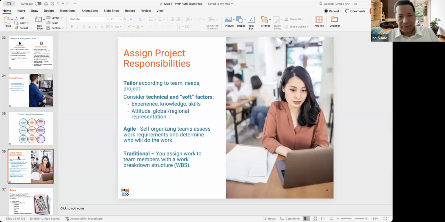All right. Assign project responsibilities. In the earlier versions of the PMBOK, the focus has been more on the technical side, the hard skills as they put it. But now in version 7, there is a huge emphasis on the soft skills, which in the big scheme of things, I think it's a bad dichotomy of calling